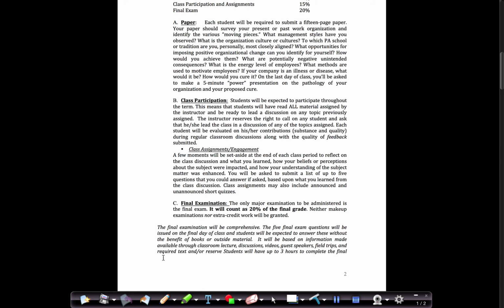Now, class participation: you'll be expected to participate throughout the semester. We only have 9 class periods, so it's very important that you attend each and participate in each class period. Perhaps at the end of most classes, I'll set aside a few minutes and ask you to reflect on the class discussions and what you've learned, how your perceptions about